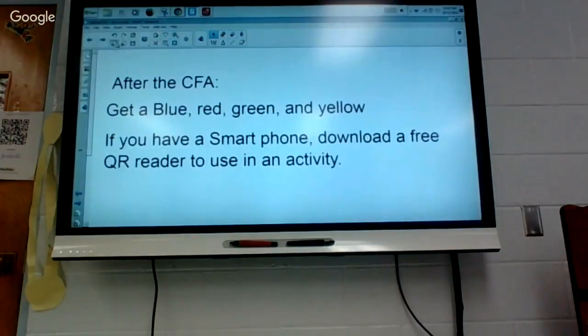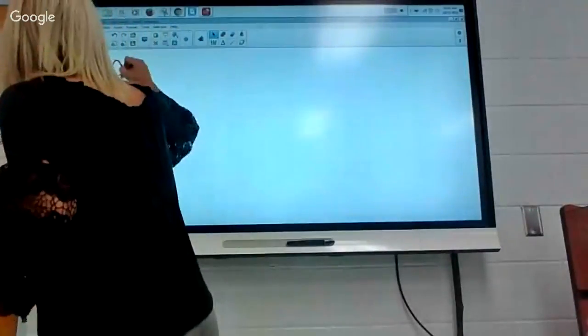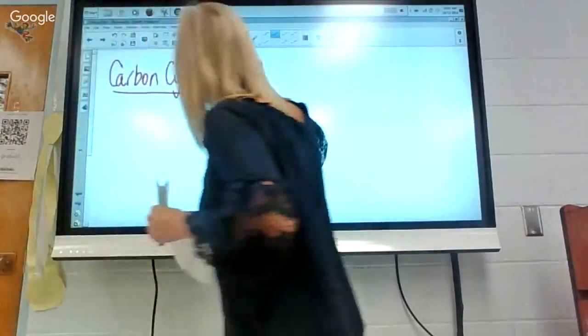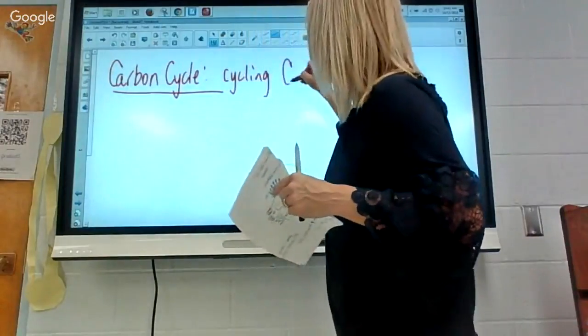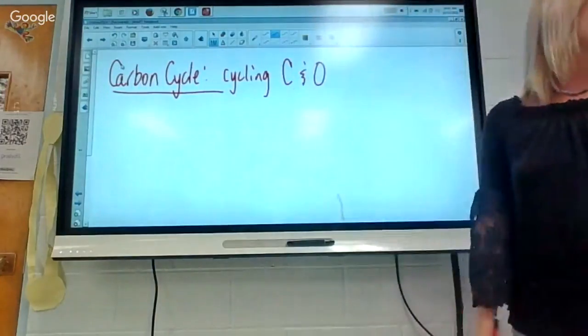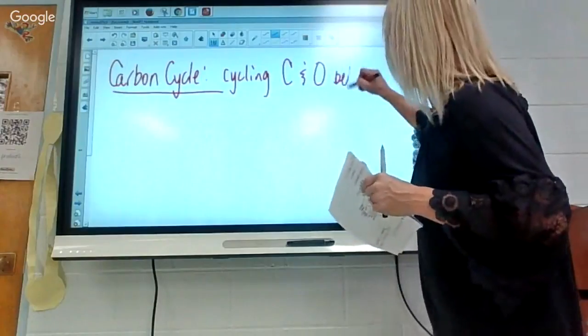All right, so it worked. I got the QR reader. All right, so let's go ahead and draw this. So at the top where it says part 1, the carbon cycle. Carbon cycle. This is my favorite. Cycling carbon and oxygen. Sometimes it's called the carbon-oxygen cycle. Cycling carbon and oxygen between